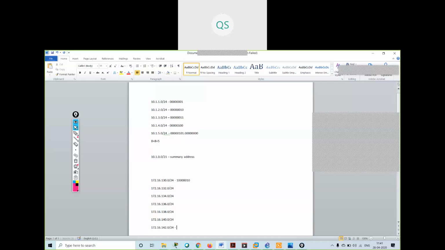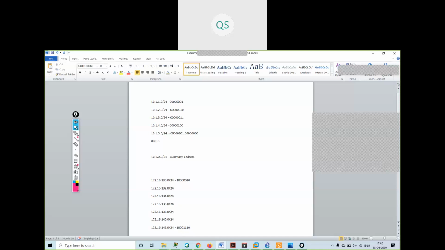What will be the binary number for the last one? 128 plus 8 is 136, 136 plus 4 is 140, plus 2 is 142. So this will be my 142.